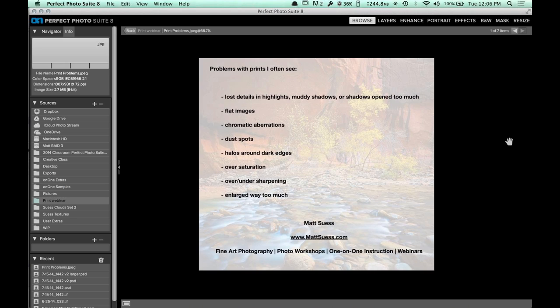We're going to be talking today about how to optimize your photos for print. There are a number of problems that I see out there in the field in regards to print quality. Print quality is really important when you're selling your work. It's what people are purchasing, what they're going to be hanging on their wall, and it's your job to really give them the best possible photo. I've noticed some common problems that we can easily correct when we're optimizing our photos before we send them to the printer. Some of those problems that you see are lost details in the highlights, muddy shadows, or